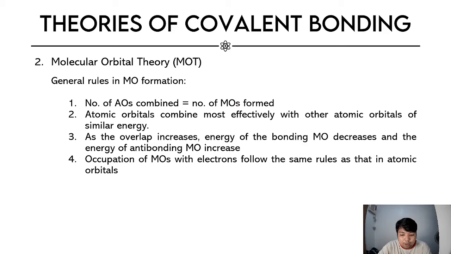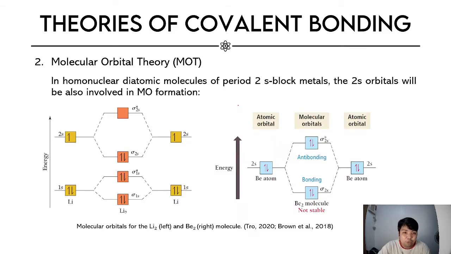So for the period 2 s-block metals, their bonding is pretty much the same, except that on top of the 1s, you will also add the 2s. For example, in lithium, both the 1s orbital and the 2s orbital are involved in the bonding process. Now if you look at beryllium, the 1s is also involved. However, since 1s is not a valence orbital, we do not include it when we're drawing molecular orbital diagrams,